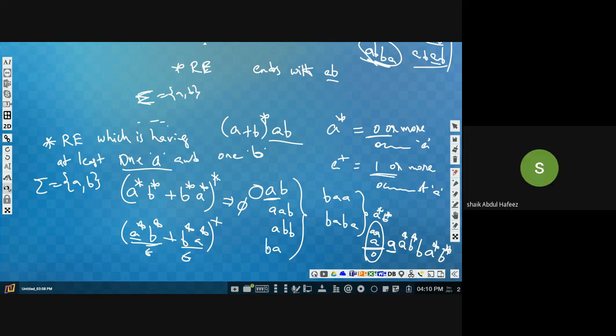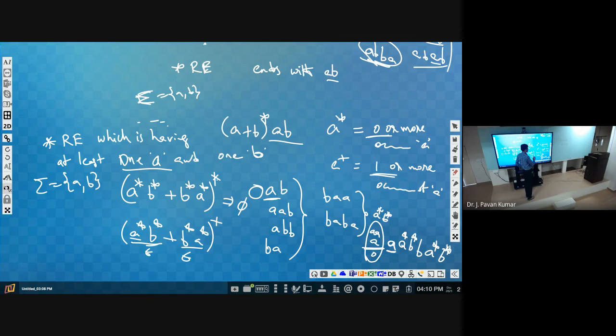Yes, sir. By considering these kinds of possibilities, you try to answer. It is not exactly correct, but this will give you the direction in which you can consider. We will be having A. Before this we can have any number of A's, any number of B's. After this any number of A's, any number of B's. Similarly, for one B, before and after we can have any number of A's, any number of B's. This is the structure.